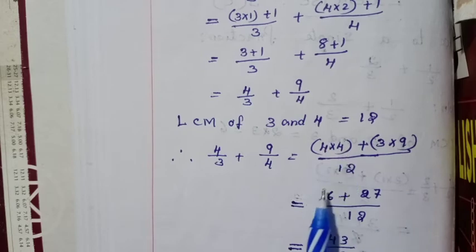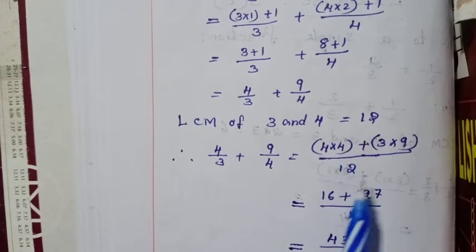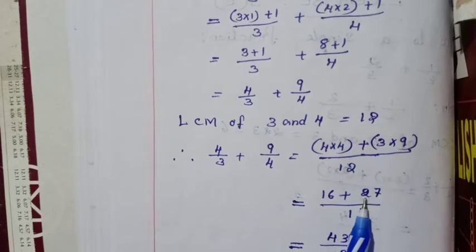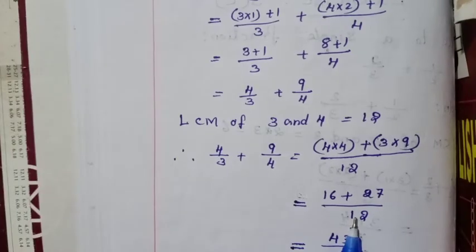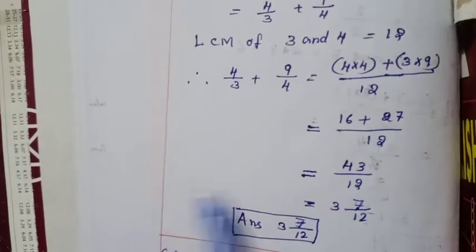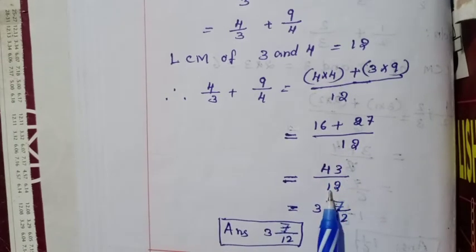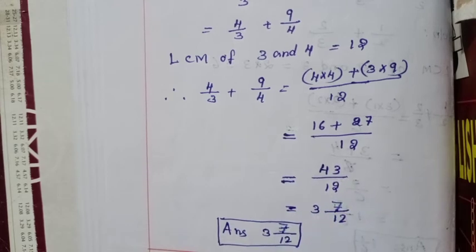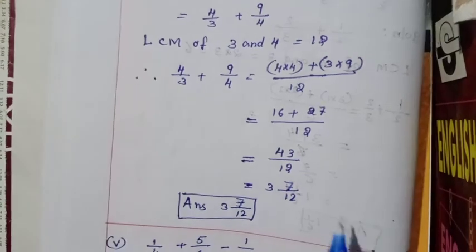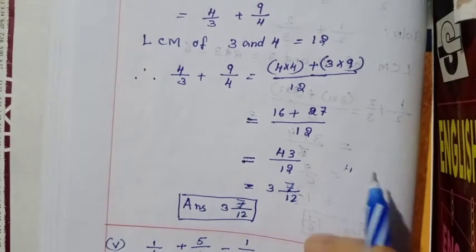Then 4 into 4 is 16 plus 3 into 9 is 27, all by 12. Next 16 plus 27 is 43 by 12. So numerator is bigger than the denominator. It's an improper fraction. Therefore convert this one into a mixed fraction. So divide and you'll get, division will show you that here 43